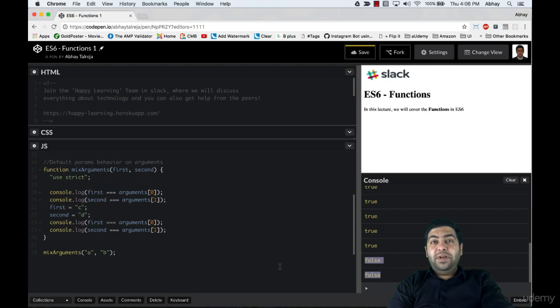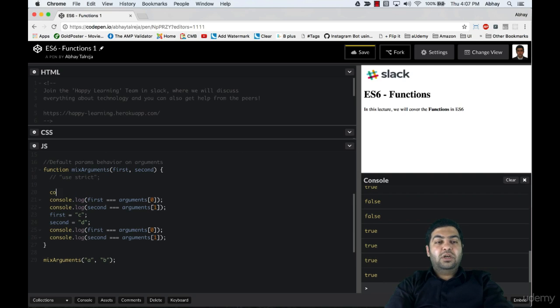So regardless of whether the function is explicitly running in the strict mode or not, the presence of the default parameter value triggers the arguments object to remain detached from the named parameters. This is a little subtle but important detail because of how the arguments object may be used. So let's say even in ES6, which is even in the non-strict mode, let's comment this out. Now we have ES6 on the browser. Let's just do a console.log